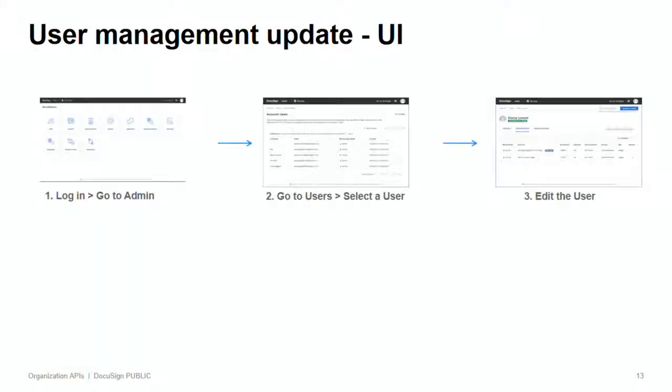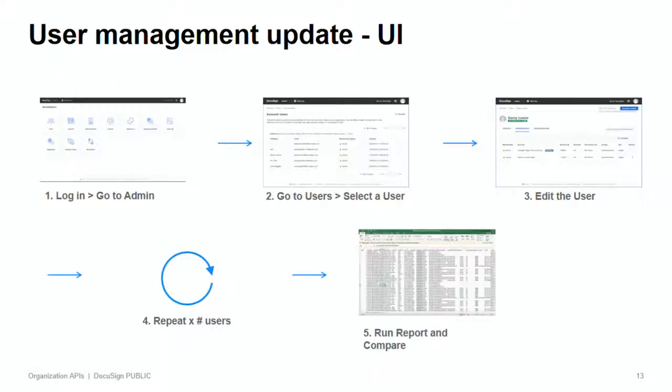So now you have your list, you compare it to your original list, you realize that you made mistakes and maybe punched things in incorrectly on a dozen users. So you go through the update scenario. And the way this looks from the UI is, again, you log in, you go to admin, you select the user you want to operate on, and then you edit them, maybe add and remove them from an account, change their title, change their email address, and then repeat it a dozen times. Again, run your report, compare it. Like, this is getting fairly monotonous at this point.